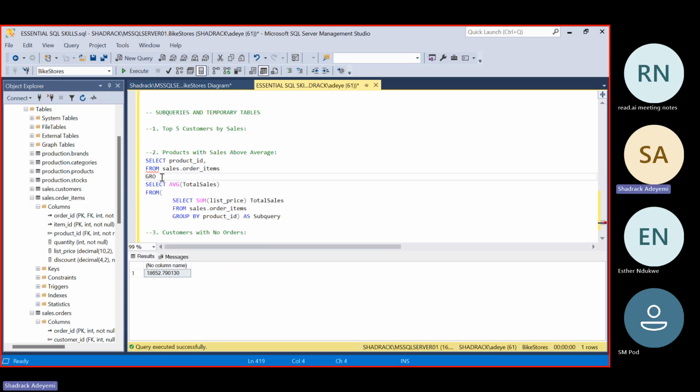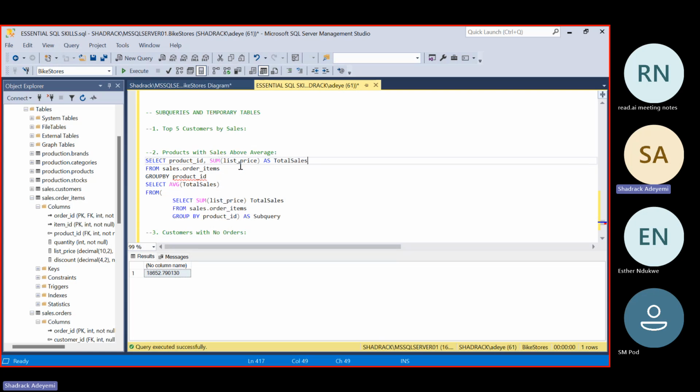Then let us group it by. The reason why I'm calling another group by here is because I'm going to be doing something in the outer query. I want to know the sum of the list price, and I'm going to be saving this as total sales.